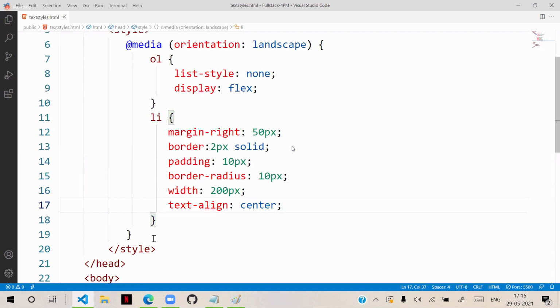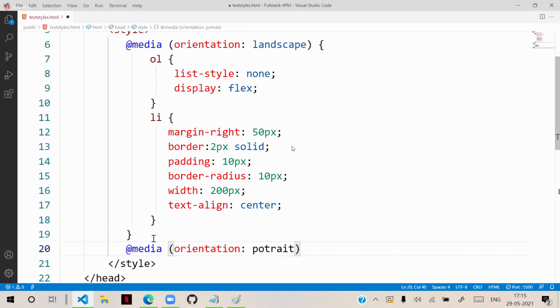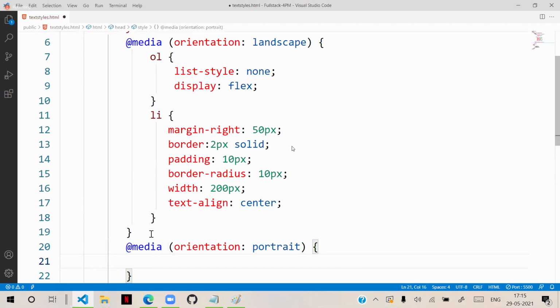So here we will write another media query, orientation is portrait. If the orientation is portrait, then you can define a different effect for that. So this is portrait, so we can keep some other effects.